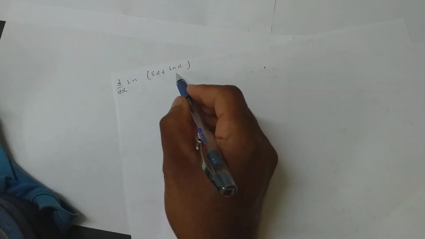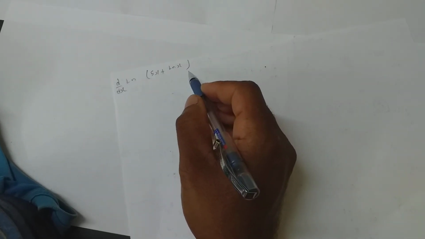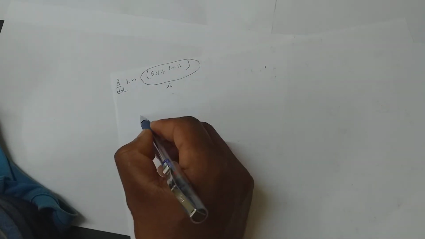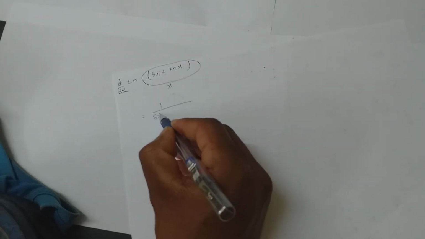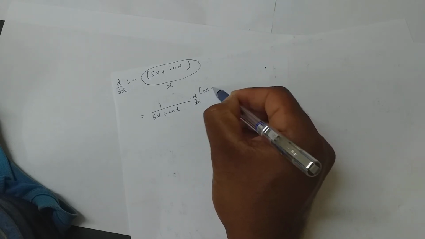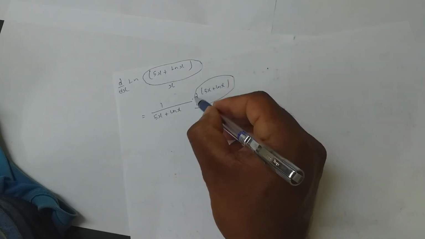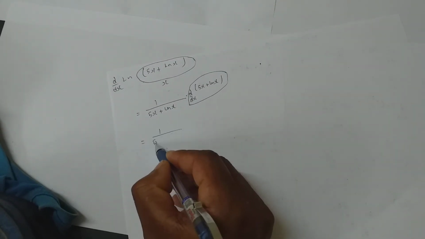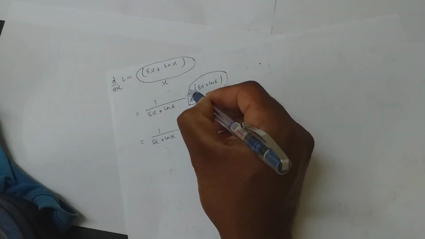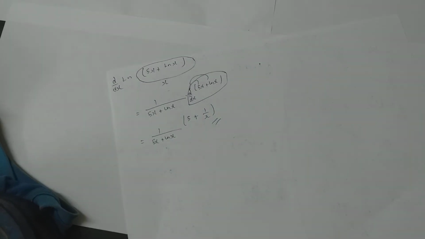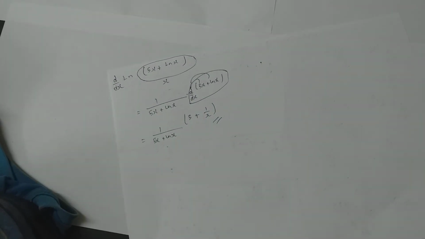Let us look at another sum. If you want to differentiate ln of 5x plus ln x, how do you do it? Again, your assumption would be x. So ln x differentiation is 1 by x, plus ln x into d by dx of your assumed x. This is the major stressing point. So it becomes 1 by 5x plus ln x. Apply this to each. So 5x is 5, ln x is 1 by x. This is the answer. Am I clear? Okay.